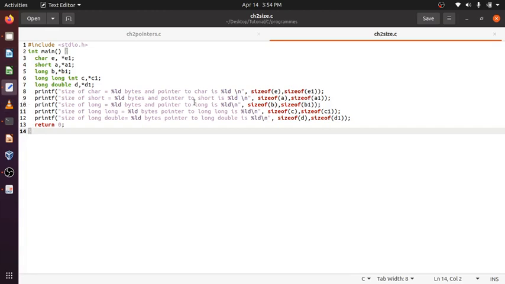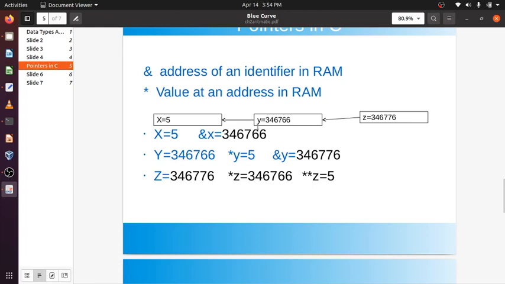Why? The moment I do int x, the operating system allocates 4 bytes in RAM. Suppose this is the RAM; it can be here, it can be here, anywhere.